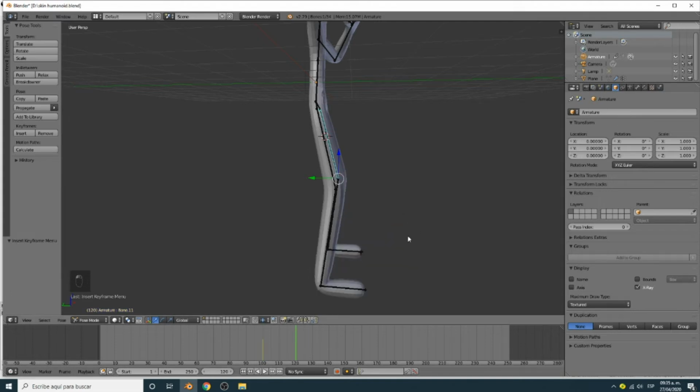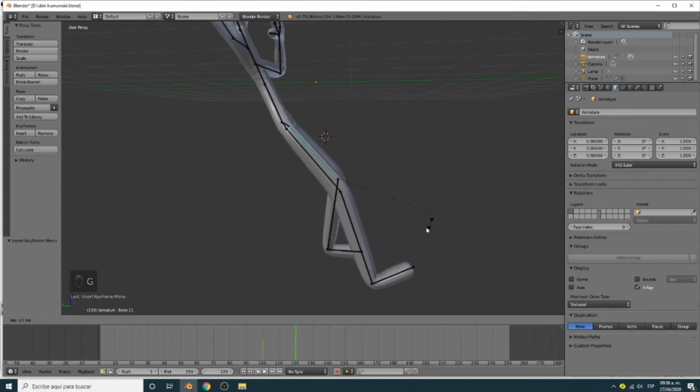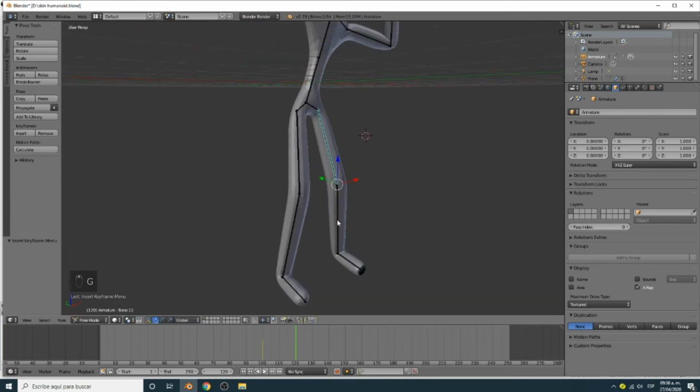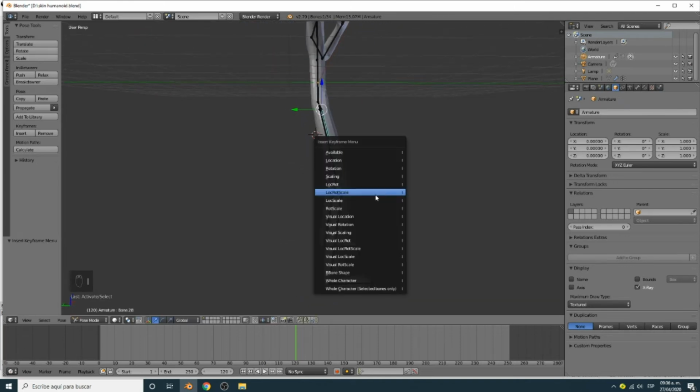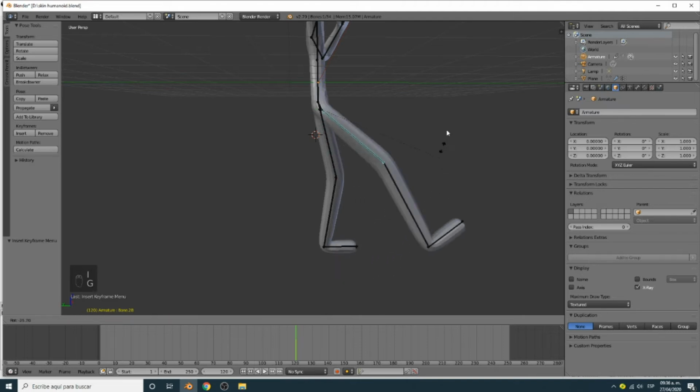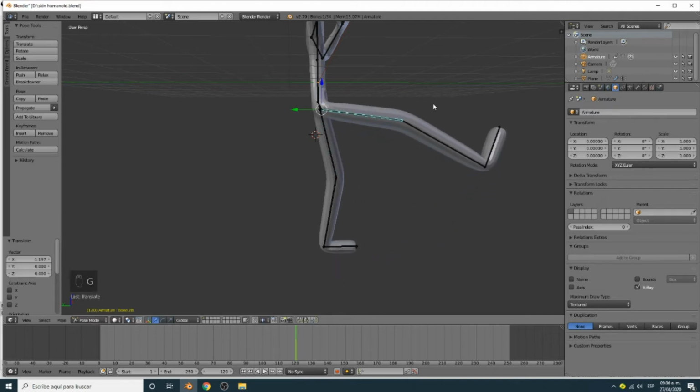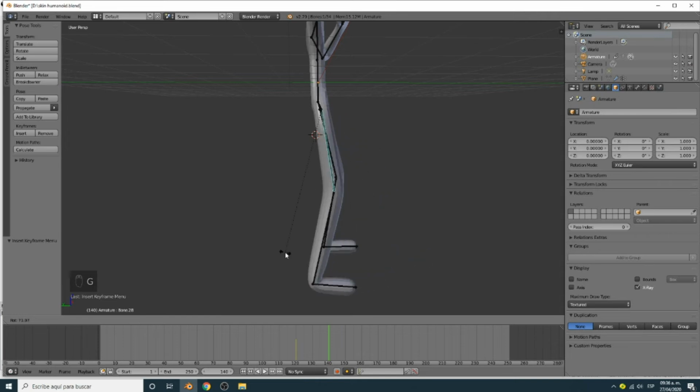120. I'm going to move this one. Oops, no. This one. I'm going to save it, and I'm going to move like this. Save it. 140, and I'm going to move it again like this.